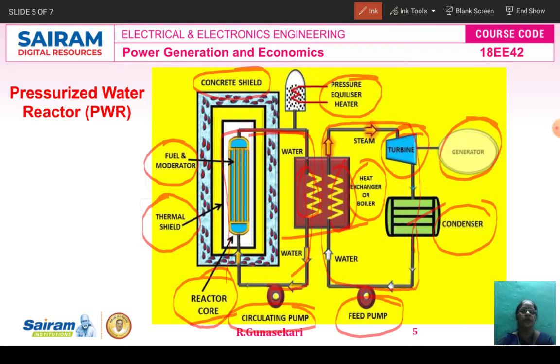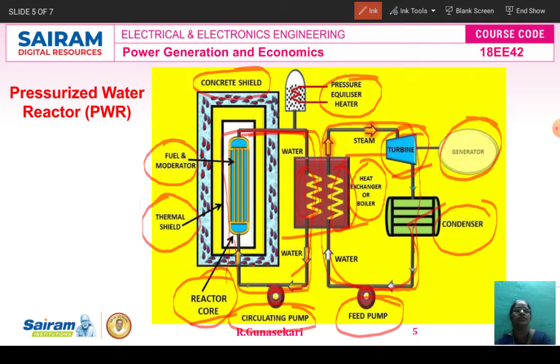Two circuits. Here the water comes to the heat exchanger and the reactor, then comes back as water only, that is heated. The other is the exhaust steam from the turbine through the condenser, then it comes to the heat exchanger, where it is heated and the water is converted into steam. That steam comes to drive the turbine.